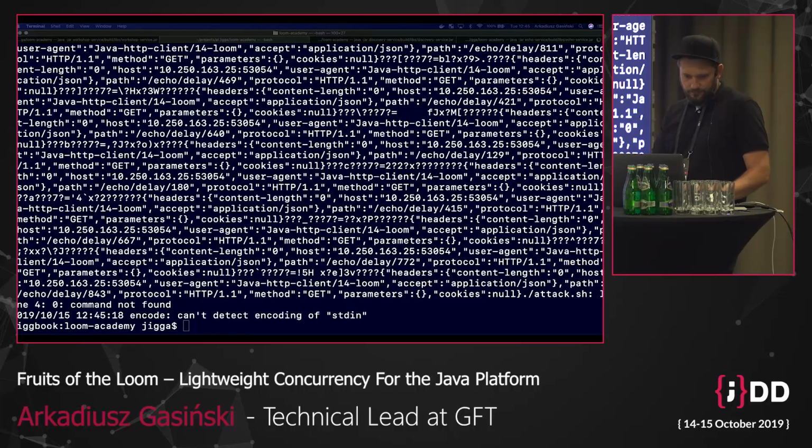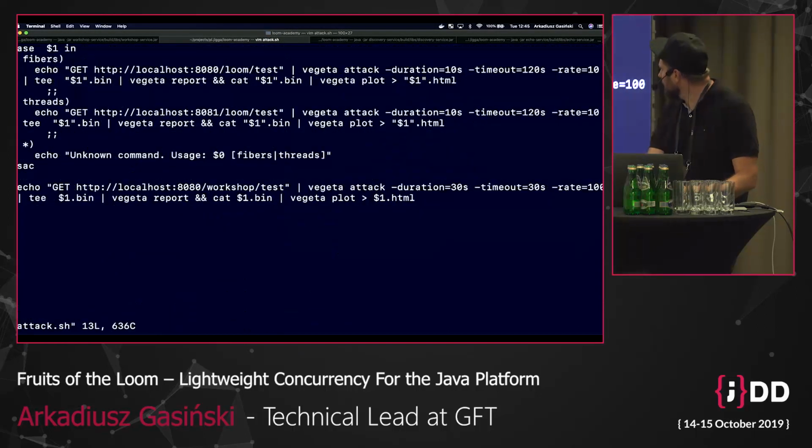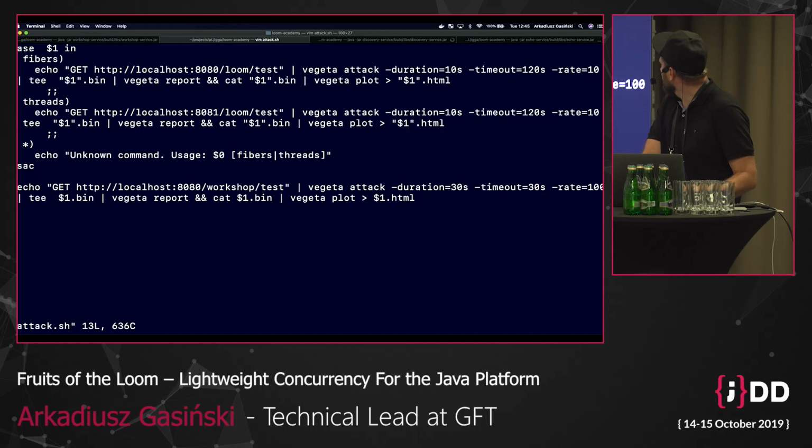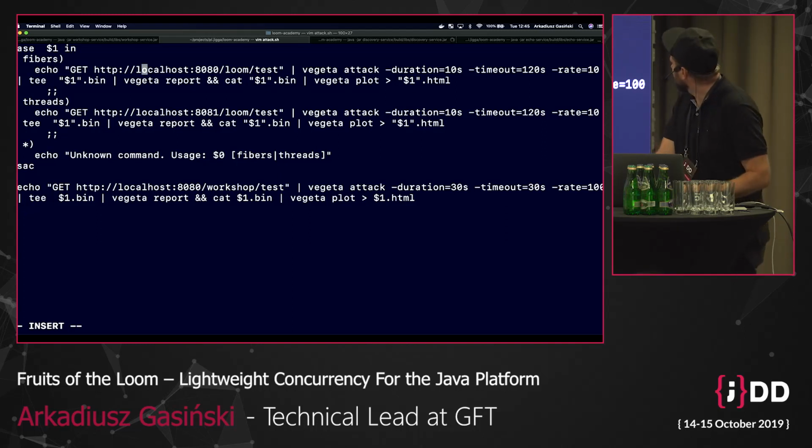And yeah, I must have made some error in there. I don't know if there is any special character. Did I do something wrong with it?